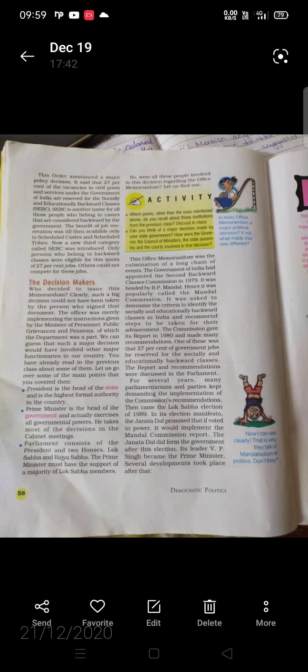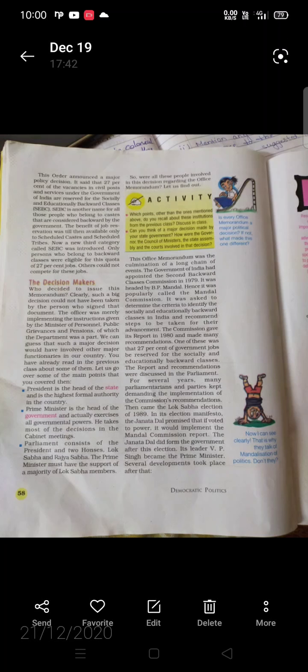The Supreme Court of India clubbed all these cases together, and the case was known as Indra Sawhney and others versus Union of India. Eleven judges of the Supreme Court heard the arguments of both sides, and by a majority in 1992 they declared that this order of the government was valid, and asked the government to modify its original order. It said that well-to-do persons from the backward classes should be excluded from getting reservations.